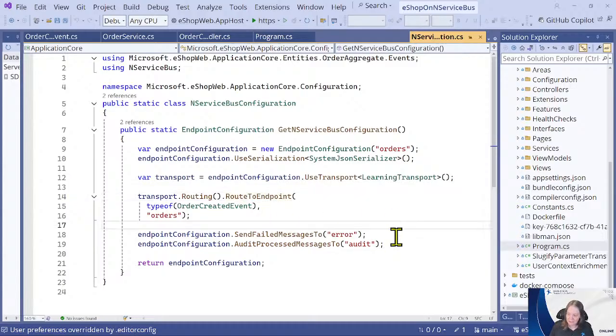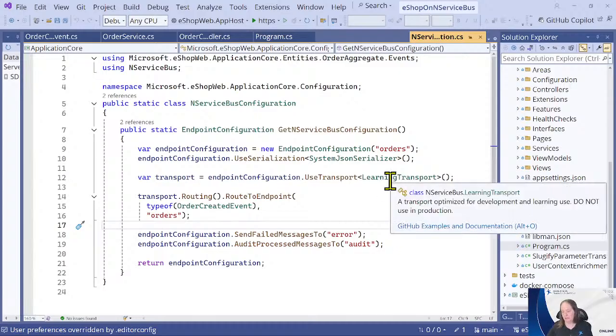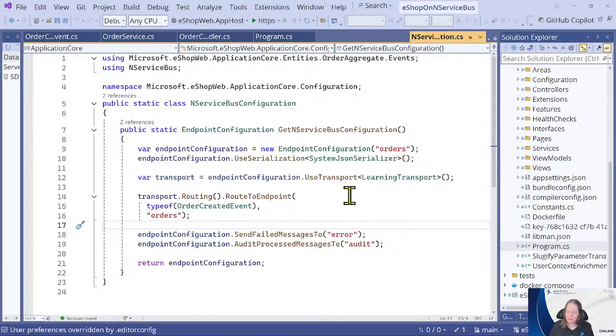I also have in here 2 other queues, the error and the audit. Failed messages will go to errors, audits go to audit. That's the endpoint configuration. I have this pulled away because I end up using it later when we get into more setup. In another demo, you'll see that.